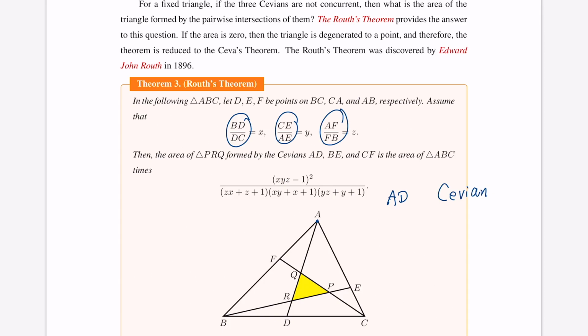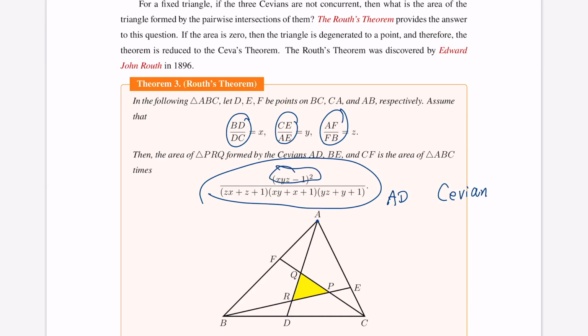And it doesn't depend on the shape of the triangle ABC, which is surprising, but it depends on the ratio X, the ratio Y, and the ratio Z, through this very complicated formula. Okay, and you will see that you can view this as a generalization of the Ceva theorem, because if you see